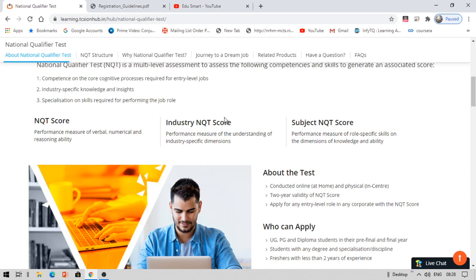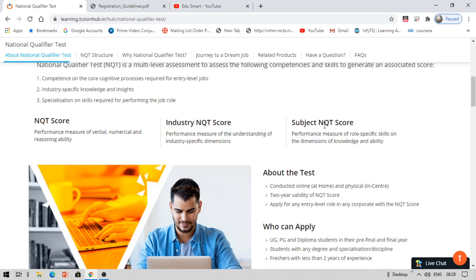If you are applying for software companies, there will be questions on the software industry, like testing or the software development life cycle. Talking about the subject NQT score, if you are applying for a programming job, you will be given a programming exercise. And if you are applying for a cloud job, cloud computing questions might arise.